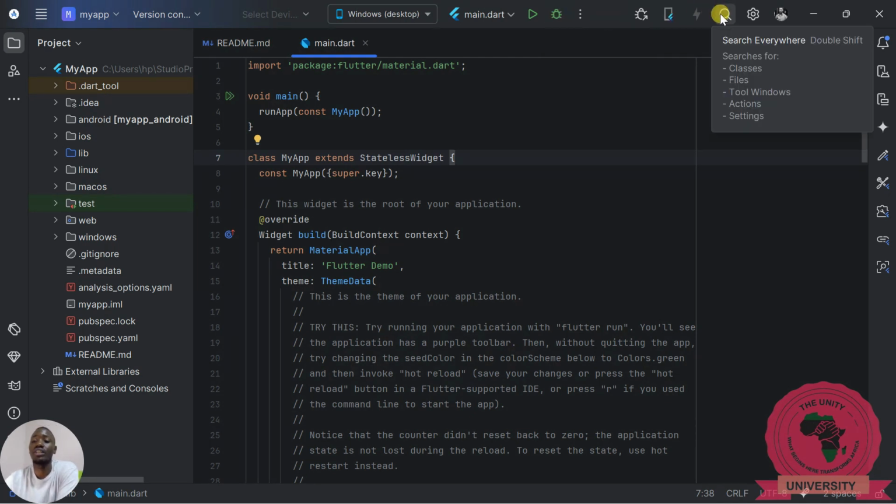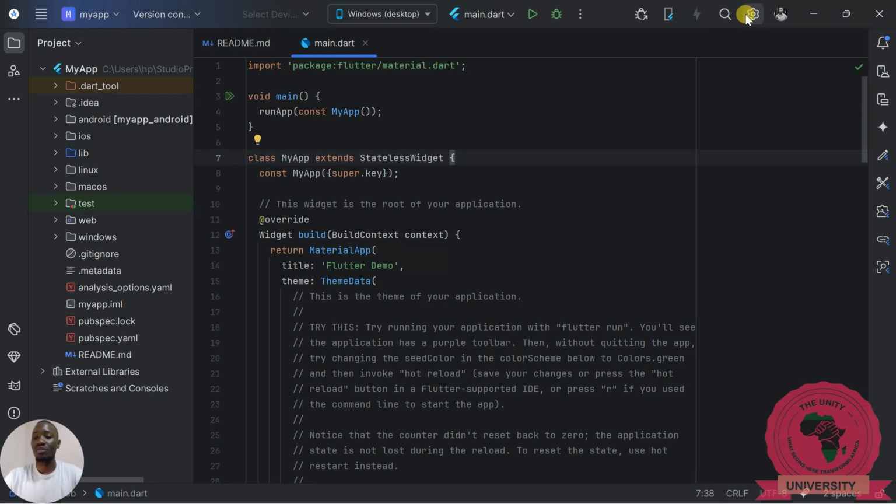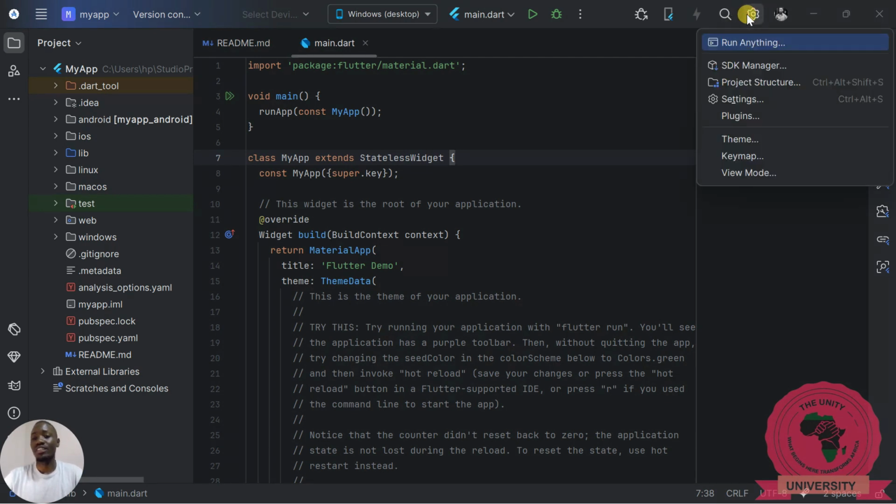Everything is straightforward. The user interface here is absolutely cool, even beginners, as long as they have interacted with some other IDEs, for example Eclipse, maybe Visual Studio Code, they can as well be able to navigate here. So these are settings. You can manage the SDK, you can see the project structure, settings, plugins, themes,